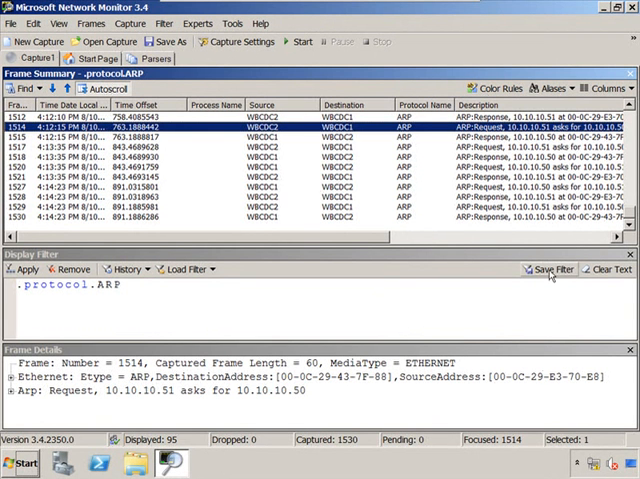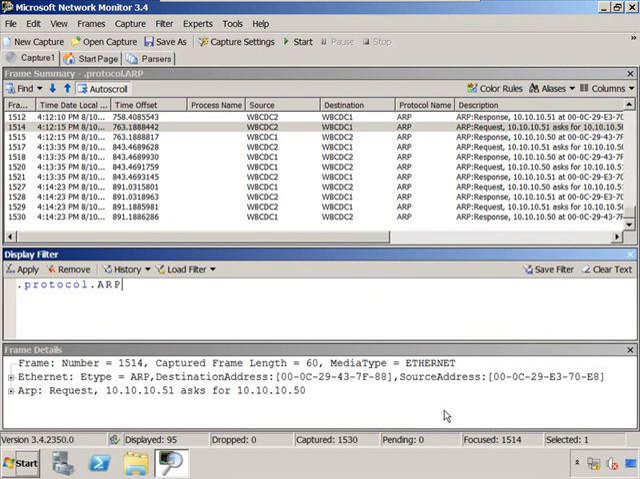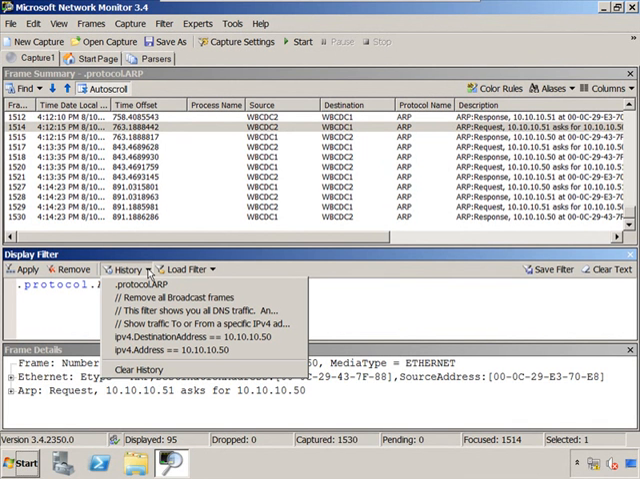Now if we were to save this filter, give it a name, we'll keep it very basic, ARP filter. Now we go under Load Filters, My Filters, see how the ARP filter shows up there. So as you're building your filters, keep this in mind, you can always reuse filters that you've saved. But if you just build filters and then clear the text, there's only a short amount of history that will